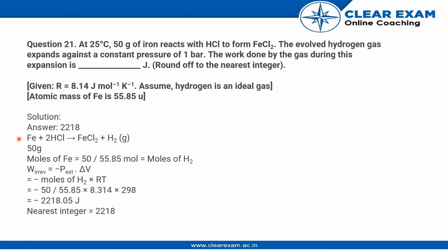So therefore, for an irreversible process, we have work done equal to minus P external into delta V. P external is given to us as 1 bar. So work done for an irreversible process is equal to minus P delta V. Now it is said to be an ideal gas, so we can write P delta V is equal to nR delta T, which is equal to minus moles of H2 into RT, which is equal to minus 50 upon 55.85 into R, that is